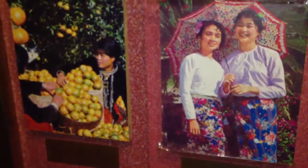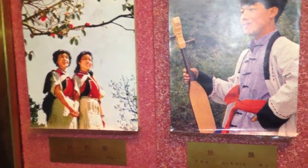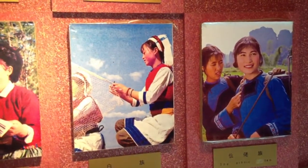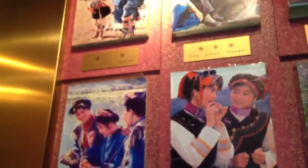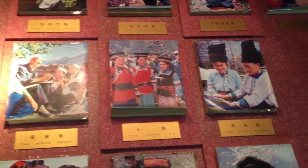See, if I couldn't turn my light on and off for this, you wouldn't be able to see any of this. Nashi, the Nu, the ethnic Pumi, the Bai, the Lao, the Lopa, the Mamba, the ethnic Yi, the Chiang, ethnic Tibetans, the Pa-Oan, the Tu, Achang,